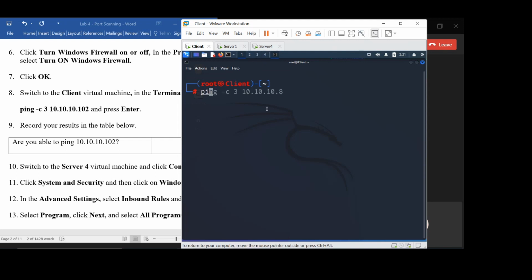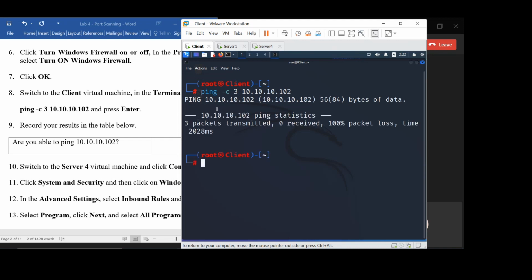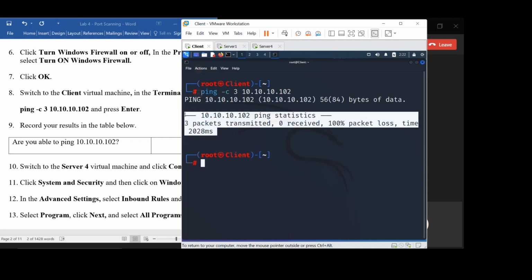Okay, so I'm ping -c3 10.10.10.102. So as I try to ping, you will see that the result is going to come back in about 10 seconds, time is not successful. Okay, 3 packets transmitted